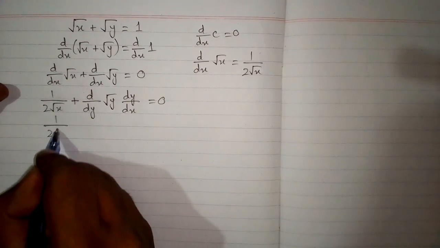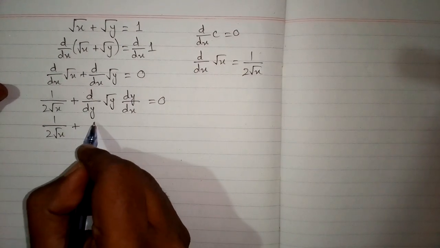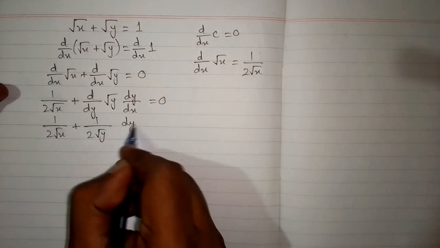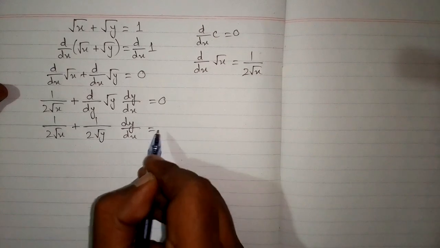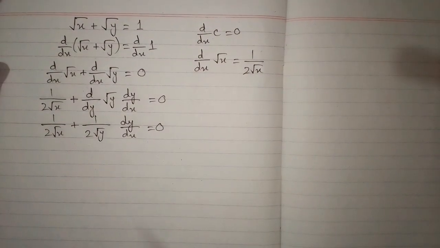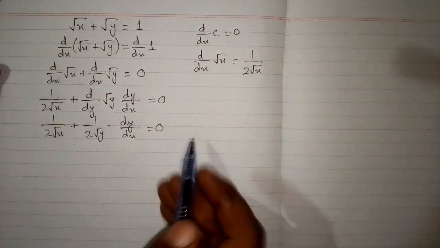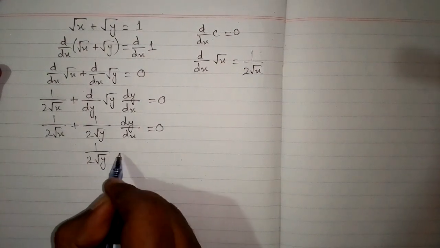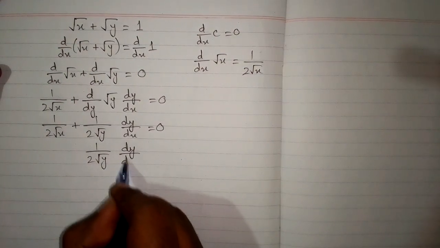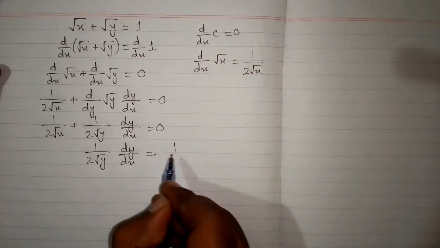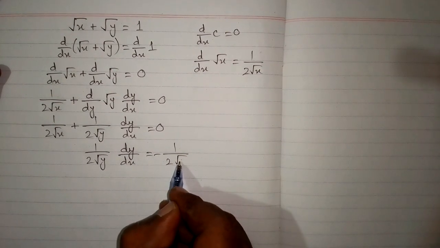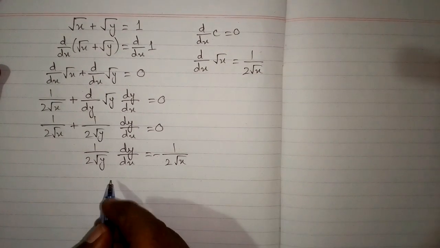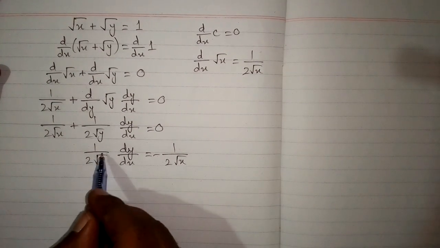Now 1 upon 2 square root of x plus 1 upon 2 square root of y multiplied by dy by dx equals 0. Now we can take this term on the other side of equation. So we have 1 upon 2 square root of y dy by dx equals minus 1 upon 2 square root of x. Now multiply both sides by 2 times the square root of y so that this term can be